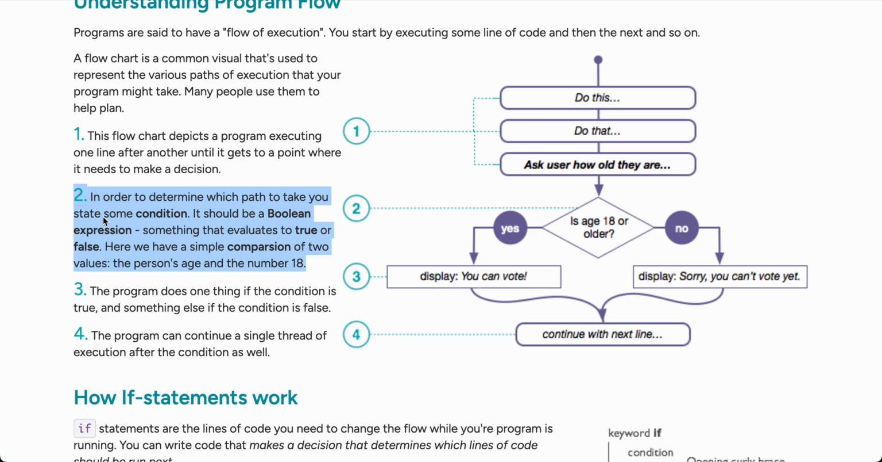It should be a Boolean expression, something that evaluates to true or false. Here we have a simple comparison of two values, the person's age and the number 18. Do this, do that, ask the user how old they are. Is age 18 or older? The program does one thing if the condition is true and something else if the condition